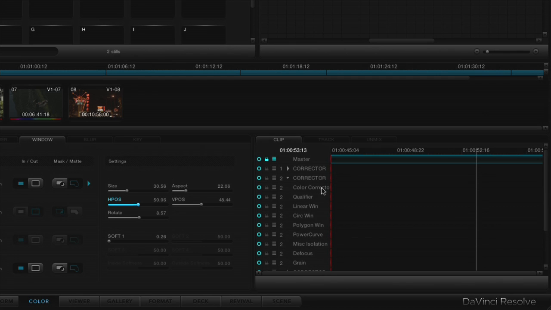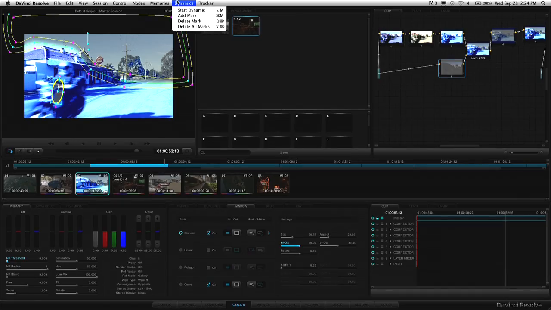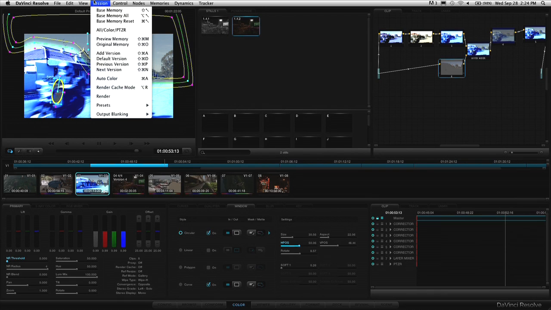All right, color corrector, qualifiers, 4 different shapes, defocus. All right. Now I was about to add a master keyframe that would have keyframed every single corrector. What I generally recommend you do when you first start a session or the first time you start tracking is you go into, let's see, it is,